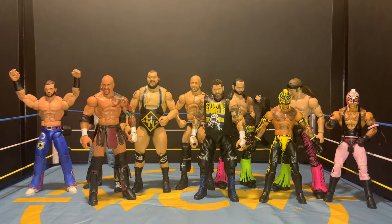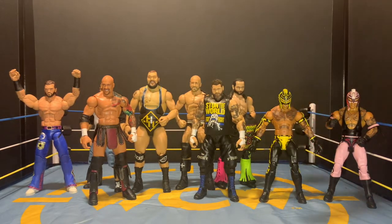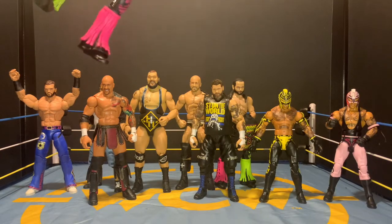The Young Bucks back there, the Amazon exclusives, just like everyone else's, mine are stained. They had the plastic on them that Jazzwares puts on them, the little plastic sleeves, I guess, that they put around the arms and the torso and everything. And my shirts bled through the plastic onto the torsos. I gotta look and see which one was worse. That's why I just have them holding them. One of them, yeah, so